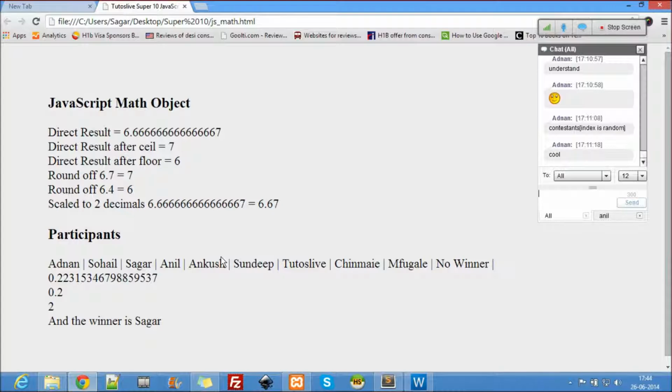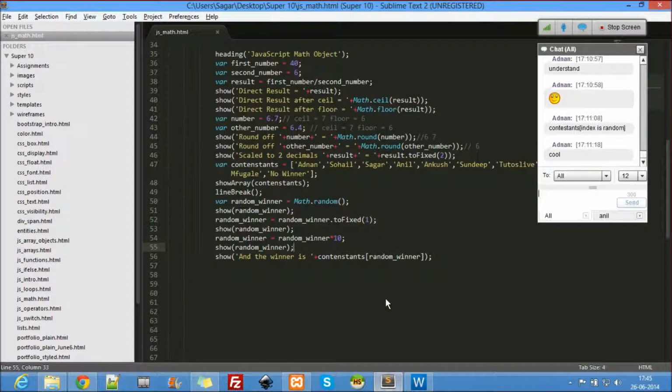There's no magic happening over there, but just remember this Math.random. That's it. You can generate random numbers using Math.random. So I don't want to show the sqrt and pow. I hope you guys can figure it out. I'll just give the syntax. We have seen the syntax, so that's the syntax.